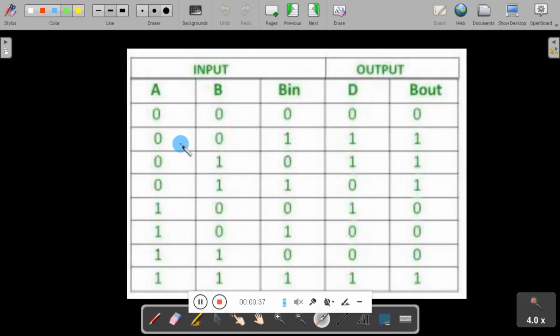This is the truth table for full subtractor. We have three inputs A, B and borrow in, and outputs difference and borrow out. Now we will see 0 minus 0, that is the first case.